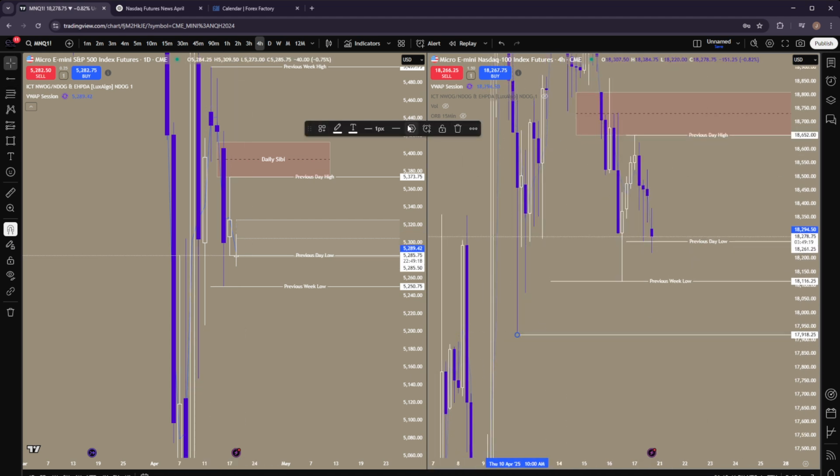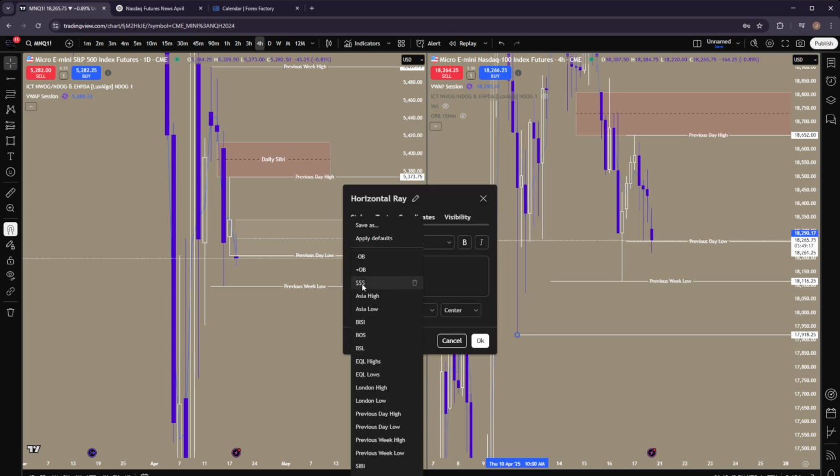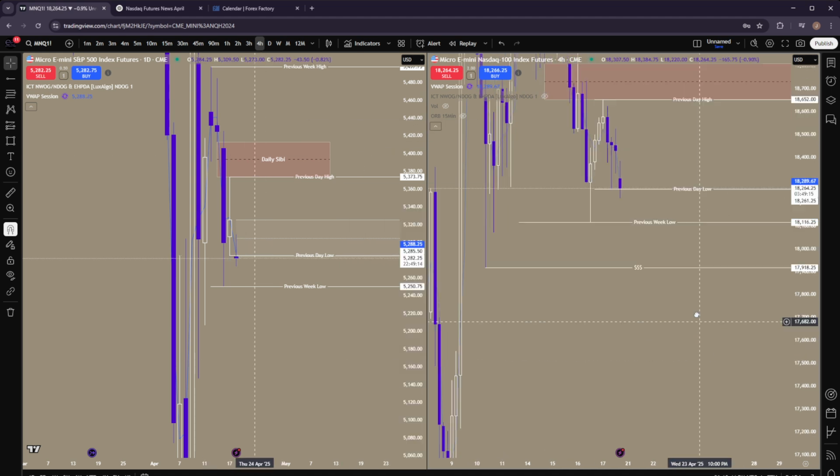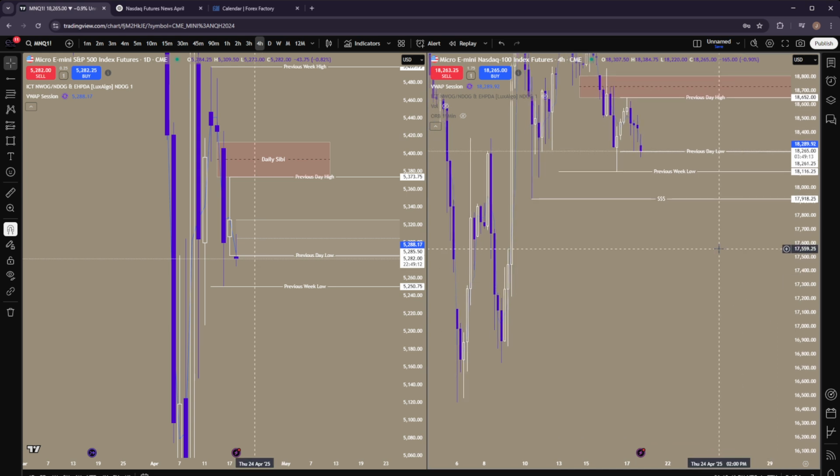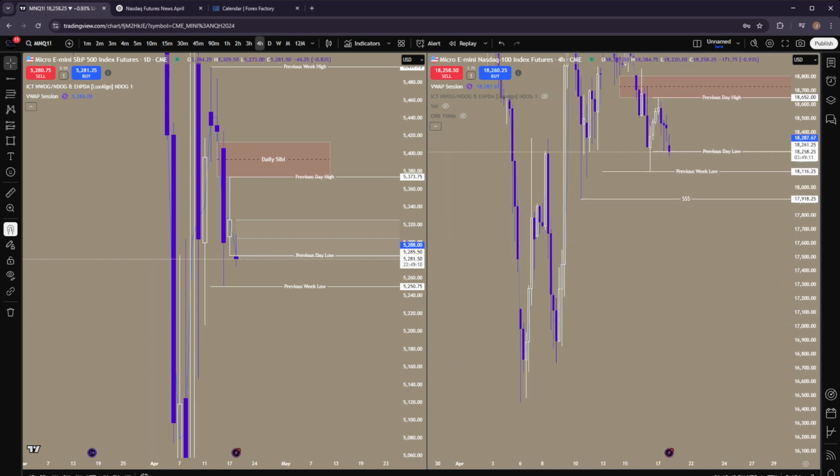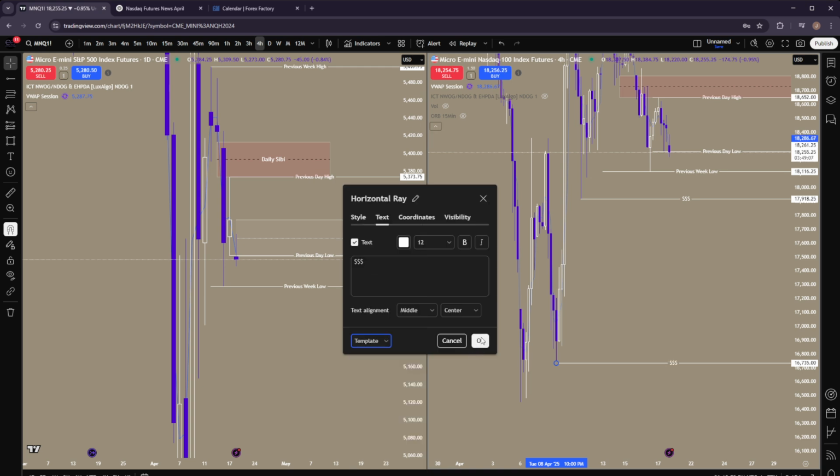Boom, 17,918.25. So that's going to be an external low that we want to see price go for eventually. And then obviously we have our lows all the way down here. I don't expect us to get to those lows this week whatsoever, but we still want to have them charted